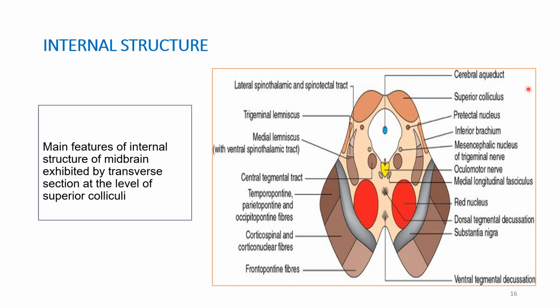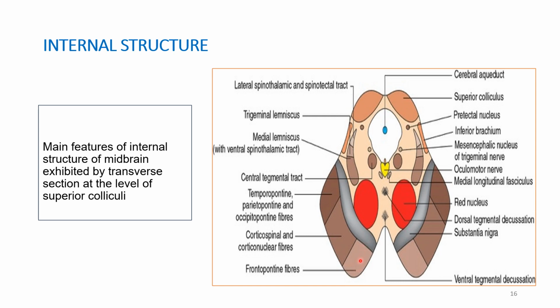You can see the cerebral aqueduct, superior colliculus, pretectal nucleus, inferior brachium, mesencephalic nucleus of the trigeminal nerve, oculomotor nerve, medial longitudinal fasciculus, red nucleus, substantia nigra, dorsal tegmental decussation, ventral tegmental decussation, and here